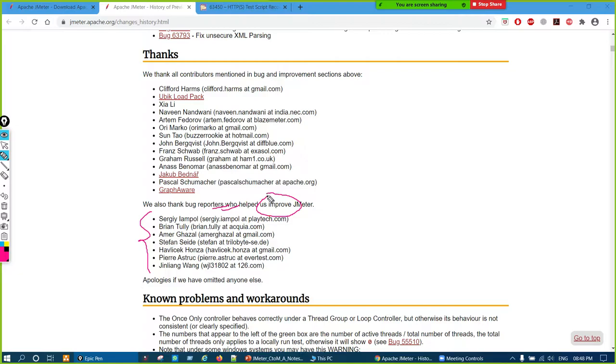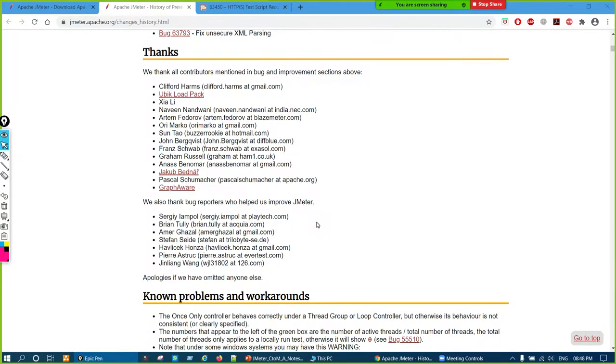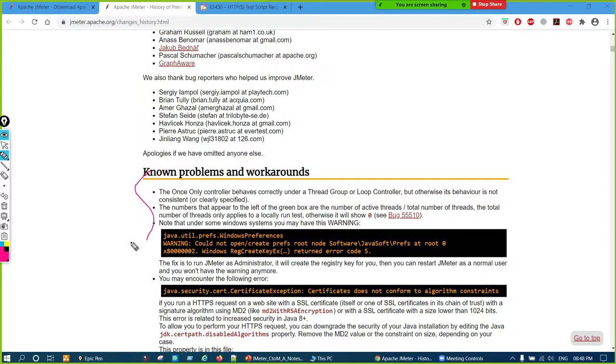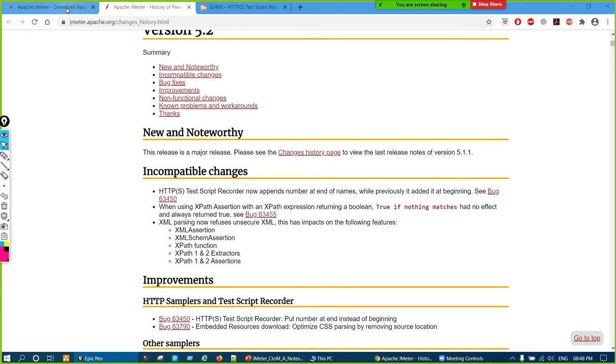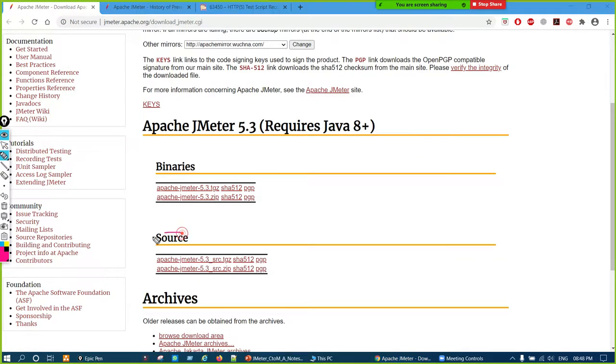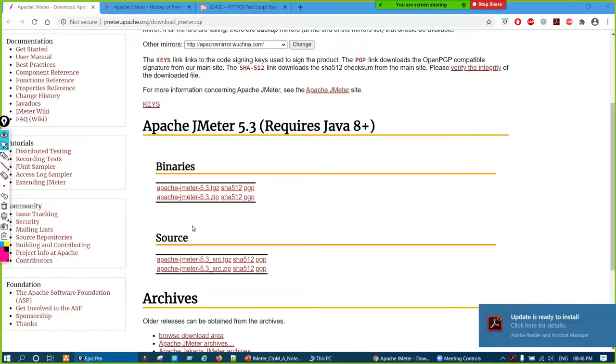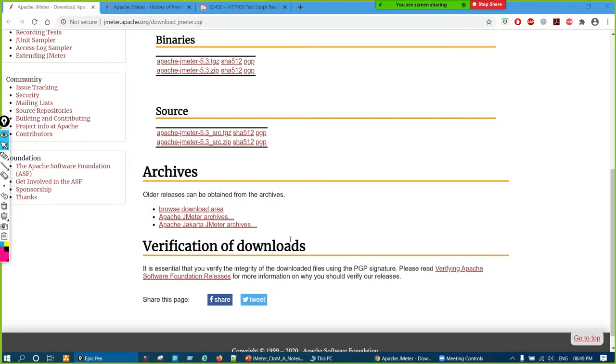You can also help, either by developing something, or by reporting a good bug to them. If any known problem is there, that is also listed in that particular version. In the same manner, anyone can download that section. This is the source code section, that's why source is written. You can download it, and you can always develop something for them or enhance it. And how to raise the bug? How to raise the bug.